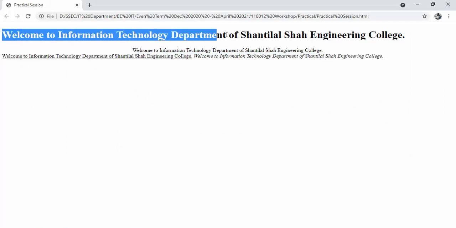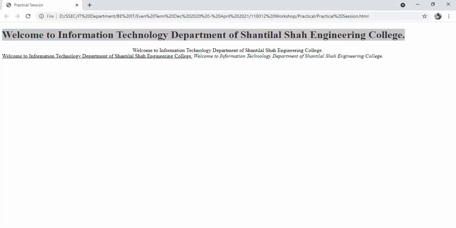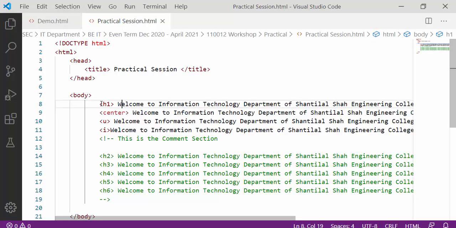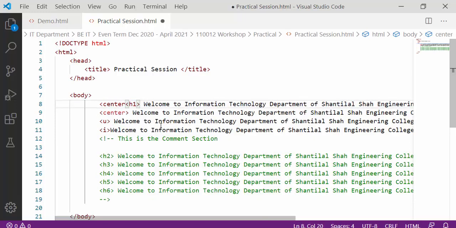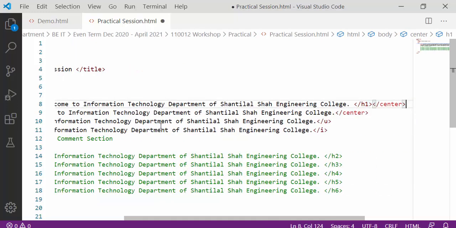The first line is not in the center because we have removed the center tag from the first line, and only applied the header section. If I apply the center tag here, then it will print in the center.